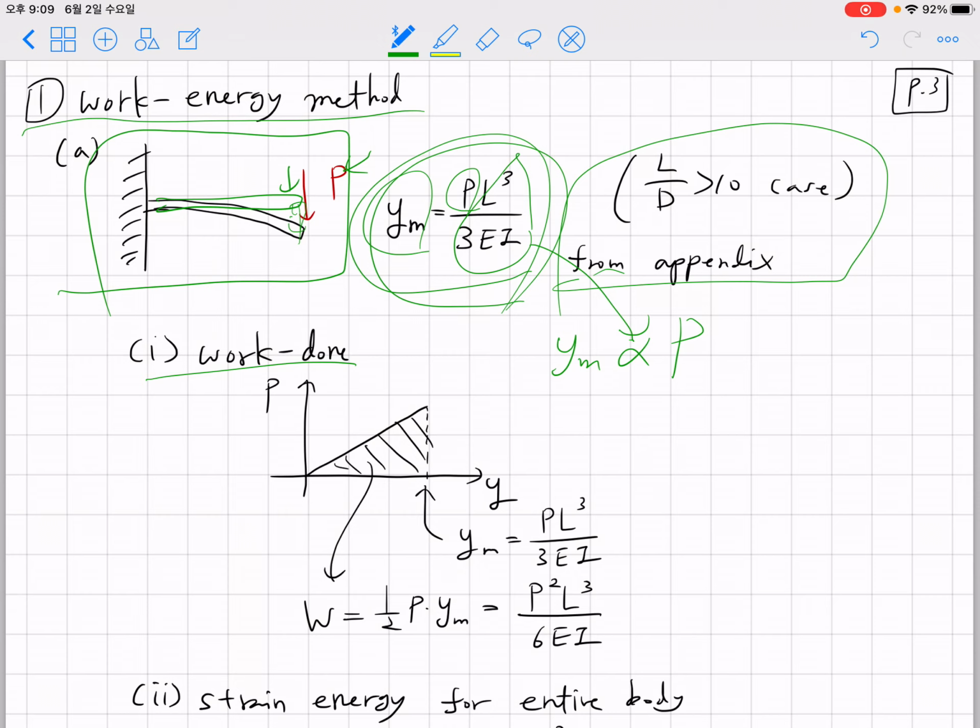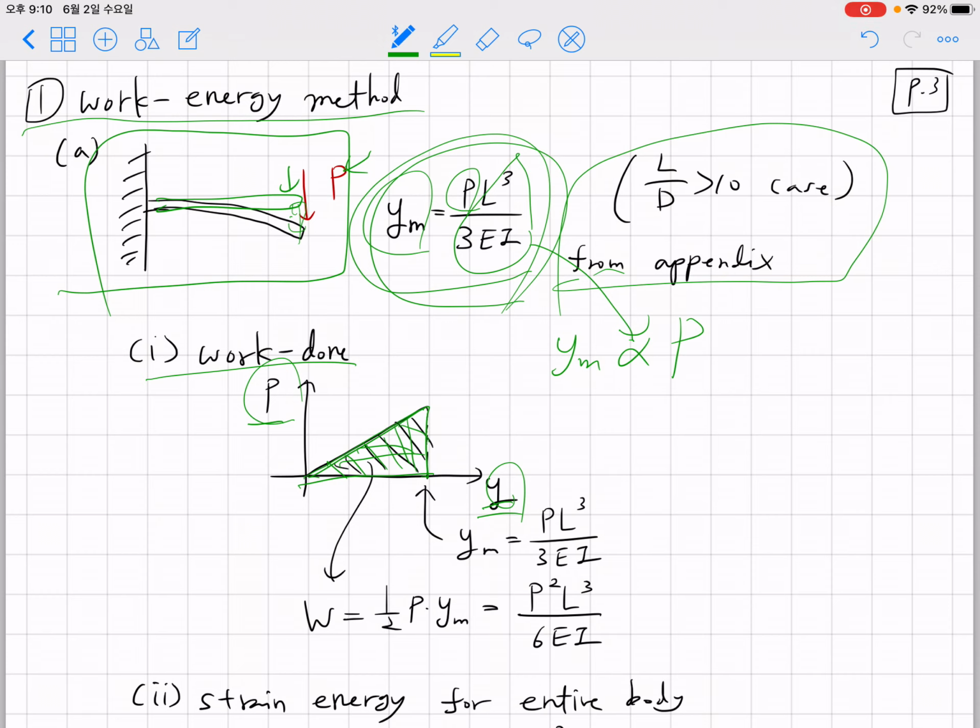So if you write down the relationship between applied force P and the displacement y, it will show this linear relationship. The force and deflection will be proportional to each other, and what you can see here is the area below this triangle corresponds to the work done at the end of the